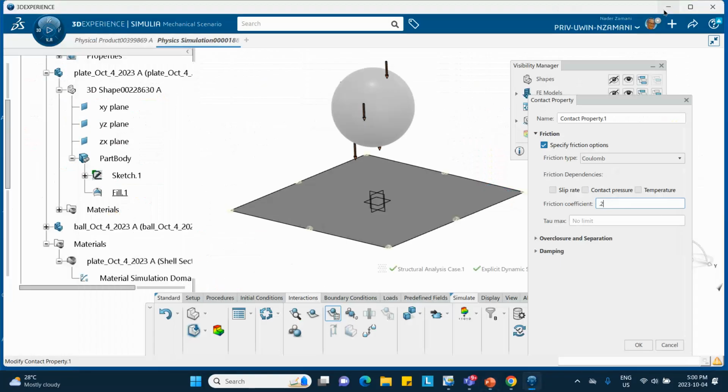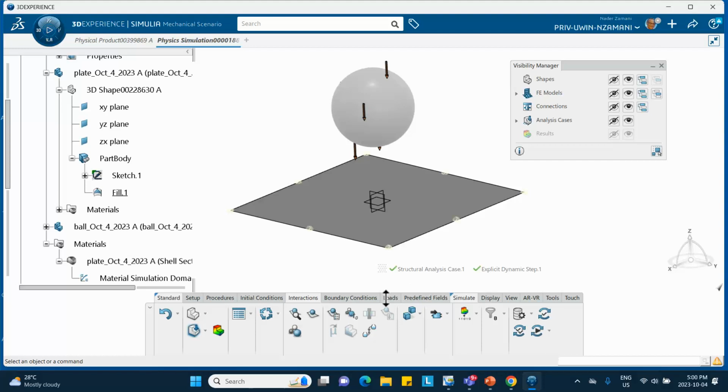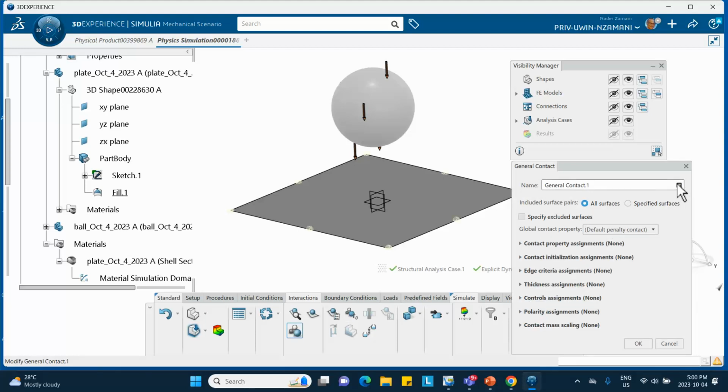0.2, yes. Everything else is default, 0.2, that's what it is. It's 0.2, you see that? You say okay. And now we're going to do the general contact. So we go to, there's the general contact. You click on it, select the appropriate friction coefficient that you selected, which was,